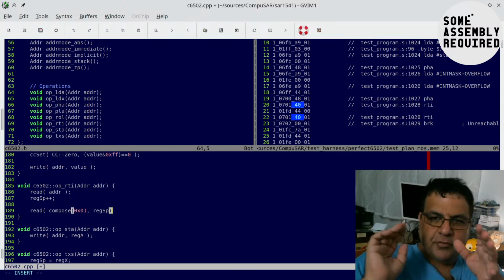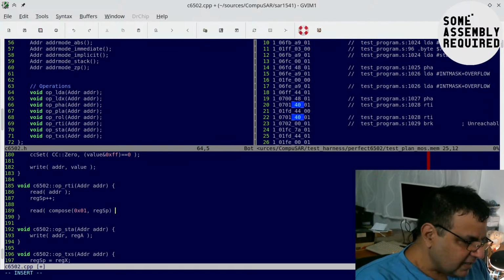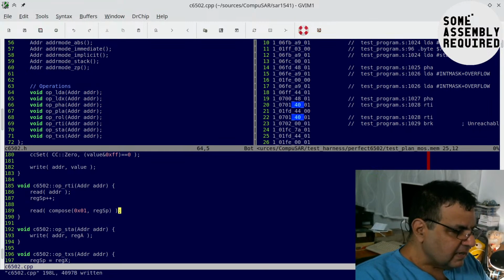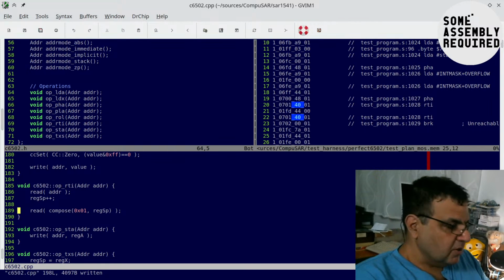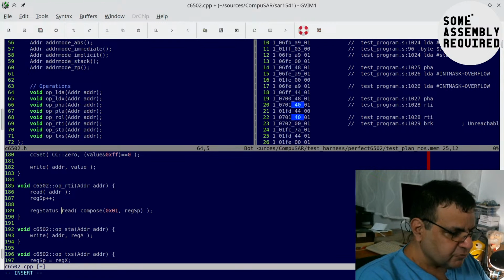So we take whatever the 8-bit register has, and we add 0, 1 at the beginning, and that's the stack address. But we need to do something with this, right? We need to put that into the status register,